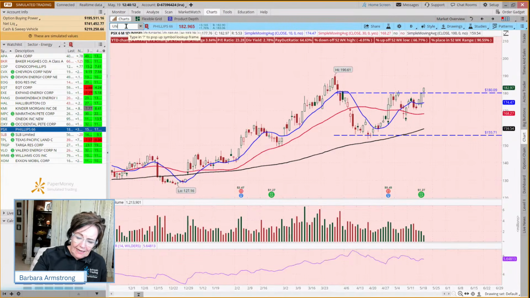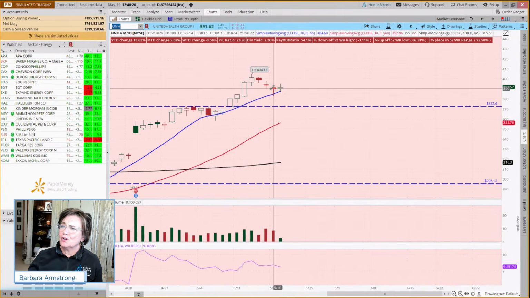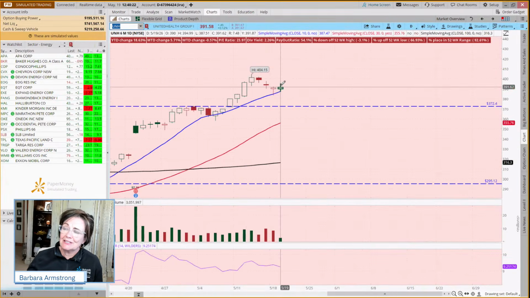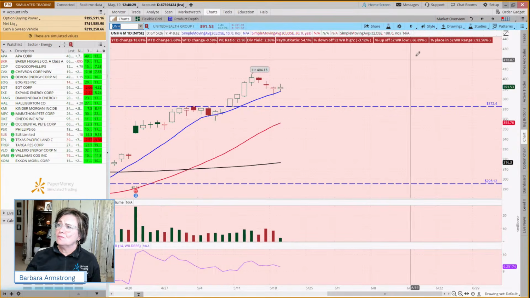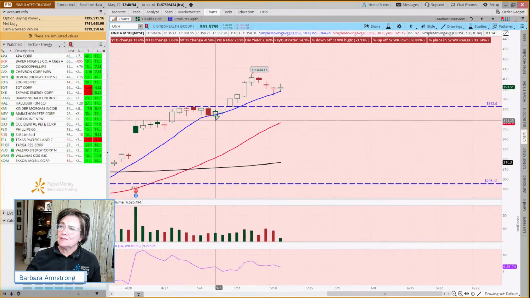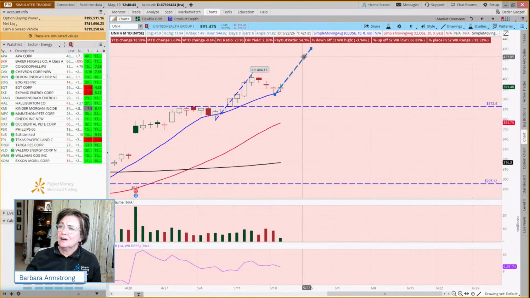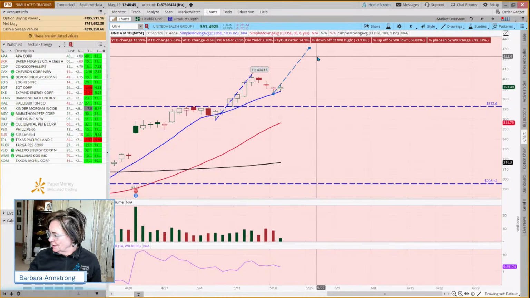Now, if we looked at UNH, we have a bull flag pattern here where currently it looks like we'll have, and this pattern's changed since I last looked at it, a close above the high of the low day. And so might we take this pattern and say, well, if we wanted to put a target on it, if we duplicate that, here's how one might do it. If the trades that we did weren't enough of an example to whet your appetite and you wanted to practice some more,